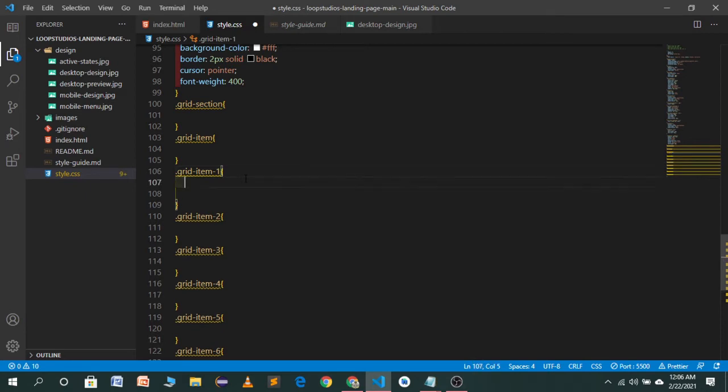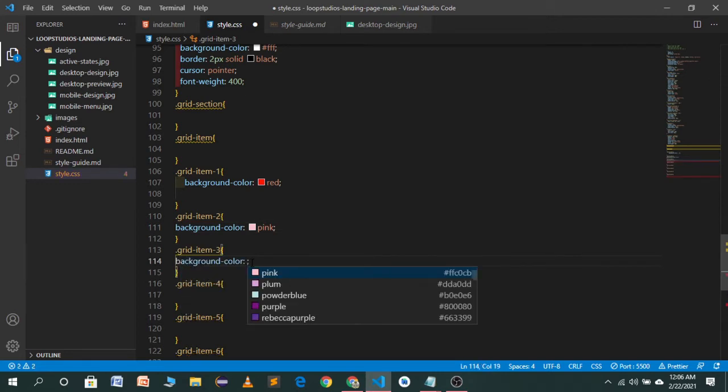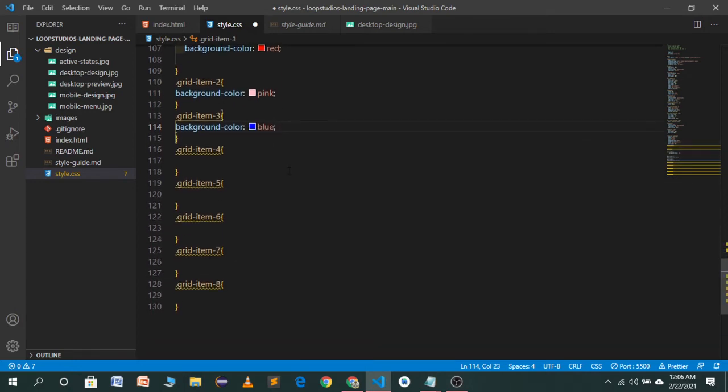So first of all we will give a background color to our grid items. Let's give it some random background color. We will remove it later. So let's give it a background color of red. The background color will be pink. Here the background color will be something like blue. You can give different background colors.